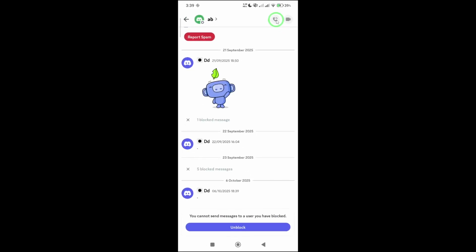After the call begins, you'll see a new screen with several useful options. You can switch to speaker mode to make the audio louder, mute yourself if you need to, or disconnect when you're done talking. The call quality will depend on your internet speed, so using Wi-Fi or a strong data connection